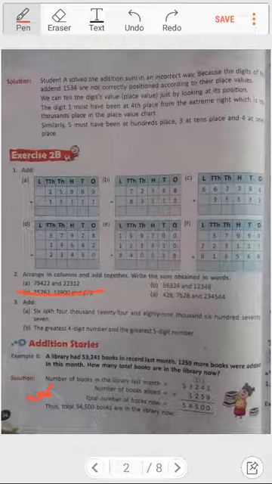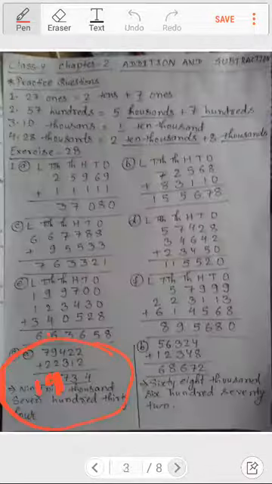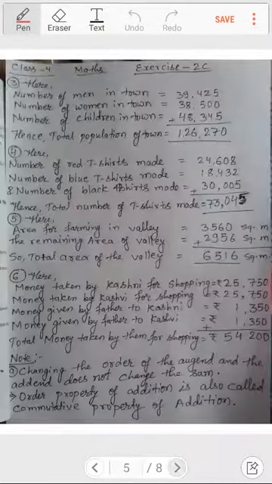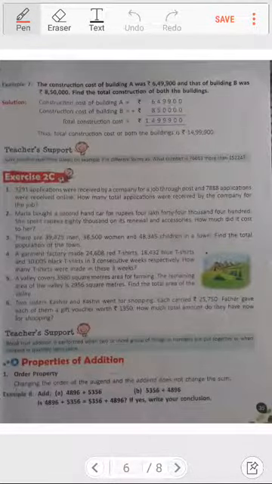9, 1, 10, 4, 9, and 2, 2, 4, 1. Carry 1 is there, so 5, and then after that 3, 1, 4 and 5. So total number of books now is how much? 54,500. Thus a total of 54,500 books are in the library now. Okay. If you see the next one, the 7th example which I was explaining before this, it was teacher support. Yes, that is also a word problem only. You can read it. What is it?